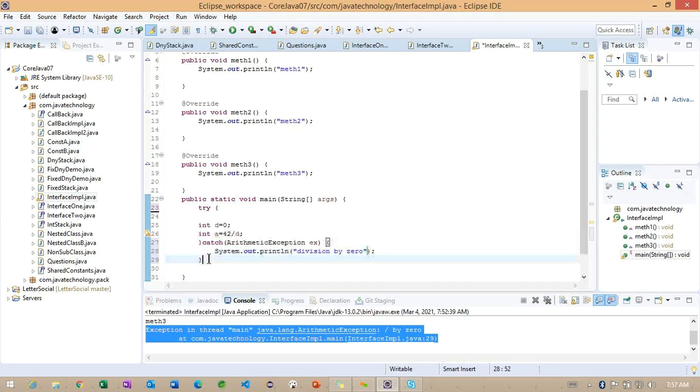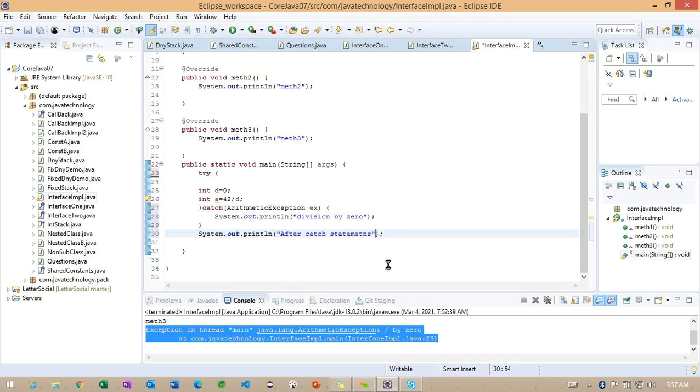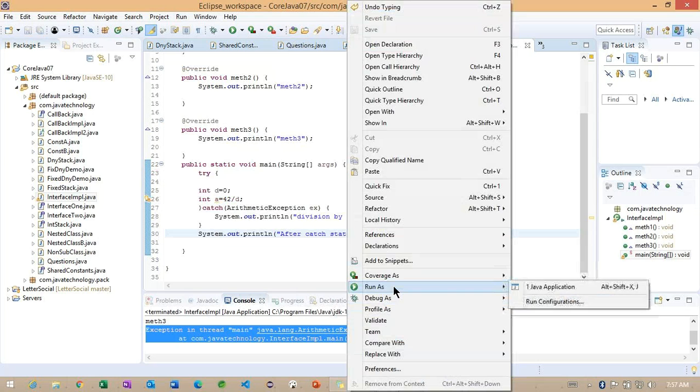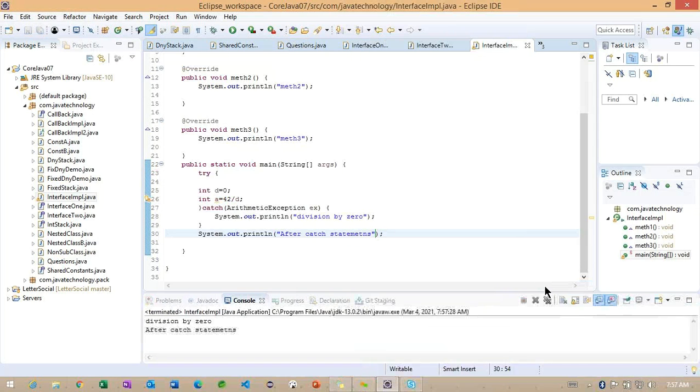Getting the point. So after catch, I'm going to add one more statement here, something called after catch statement. So carefully observe, if I'm going to run this example, what will happen here?